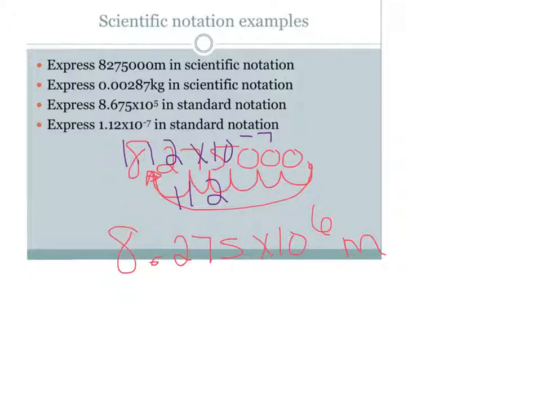The decimal started between the ones, so we're going to move it 1, 2, 3, 4, 5, 6, 7 spaces. Again, all these empty spaces must be filled with zeros. So the correct way to write this in standard notation is